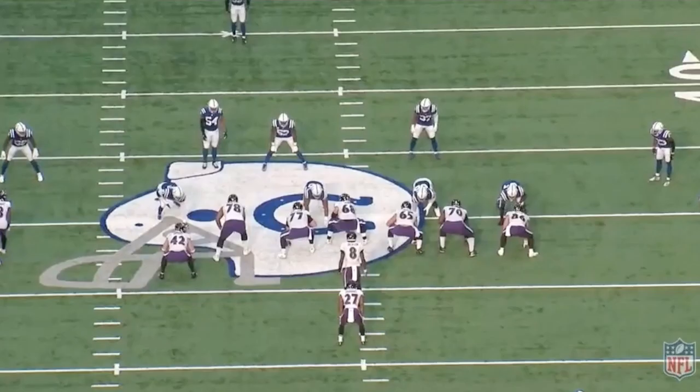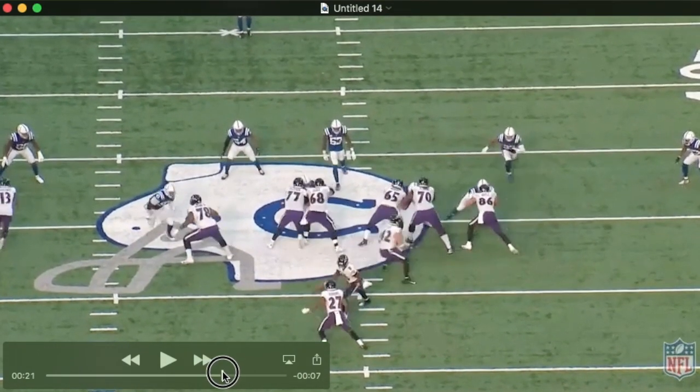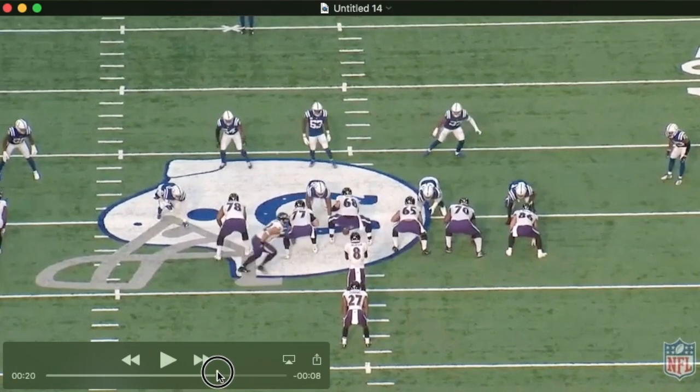There are several things I want to touch on in this video. Most of them I'll get to in just this initial clip and then try to bring them home in subsequent clips. First thing you'll see is the back right behind Lamar. The first thing I'd like to address from that alignment is the idea of play action where Lamar turns his back to the defense. You can see that has a more dramatic effect,